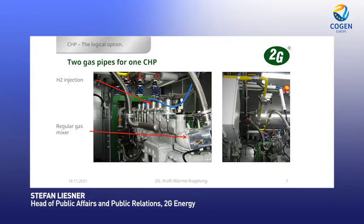I think this was already mentioned several times and presented also by COGEN Europe. So where you have a combination, that means you do not have to rely only on H2. You can also combine it with a regular natural gas pipe. And I think this is also very important for this transitioning period over the next 5 to 10 years or whatever, so that you can run it either with natural gas or with hydrogen. For 2G, for example, up to 40%